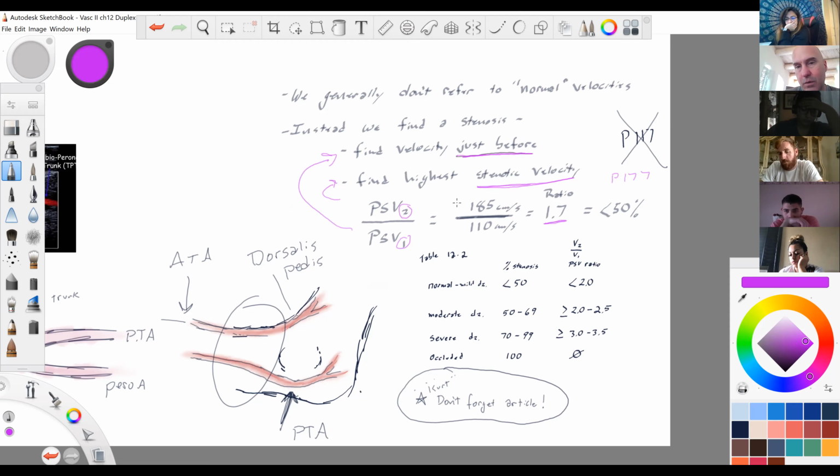Now, I could tell you going from 110 to 185 is a stenosis. It's definitely a stenosis, although hemodynamically speaking, it's probably not dropping the pressure too much. Remember, it's the pressure drop that counts. And so